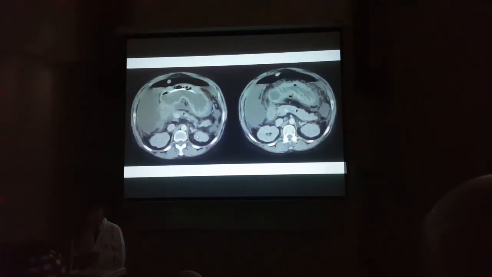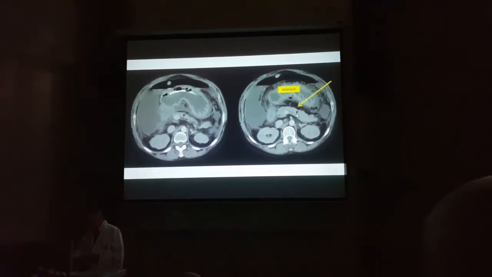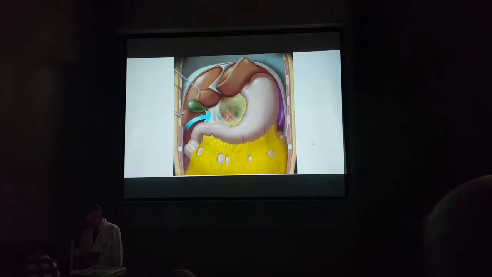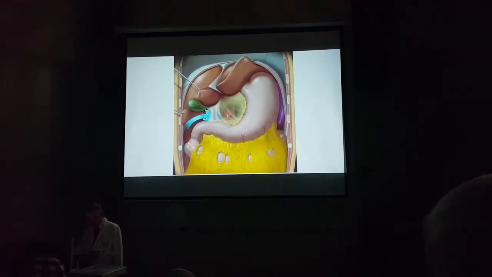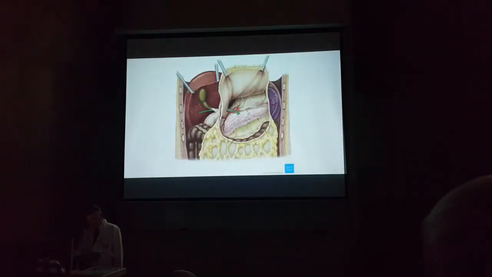This is a CT scan. Here is the stomach. Okay. This is the pancreas. And this space behind the stomach is the sac. It's a space behind the stomach. Simple. This is a diagram of the arrow indicating passing from the greater sac into the lesser sac. Here the lesser sac is opened around the stomach, and you can see that there is the spleen, the celiac trunk with its branches.